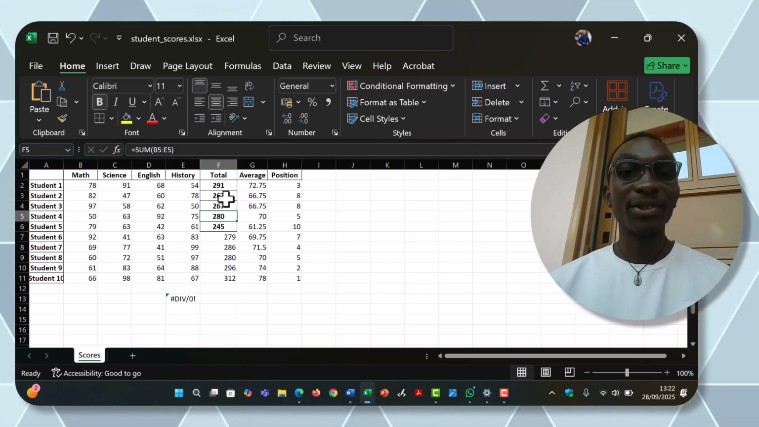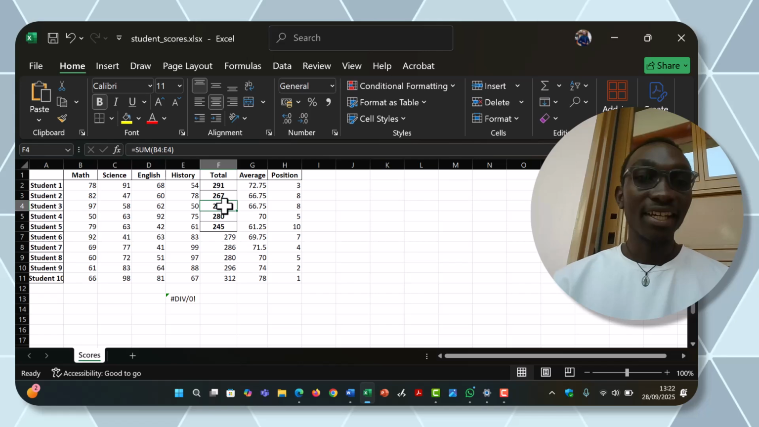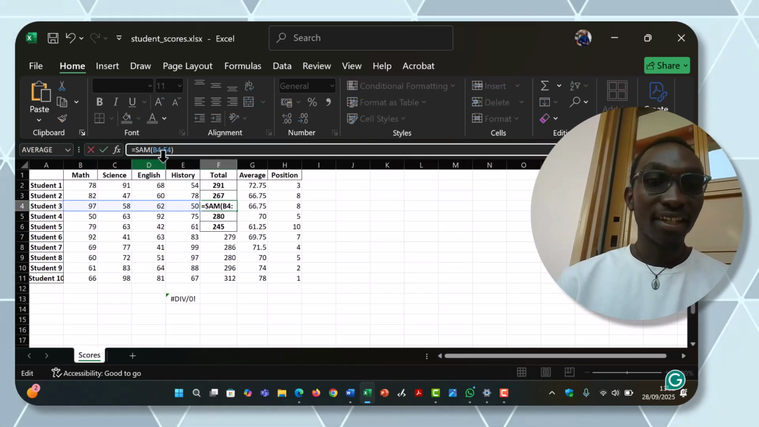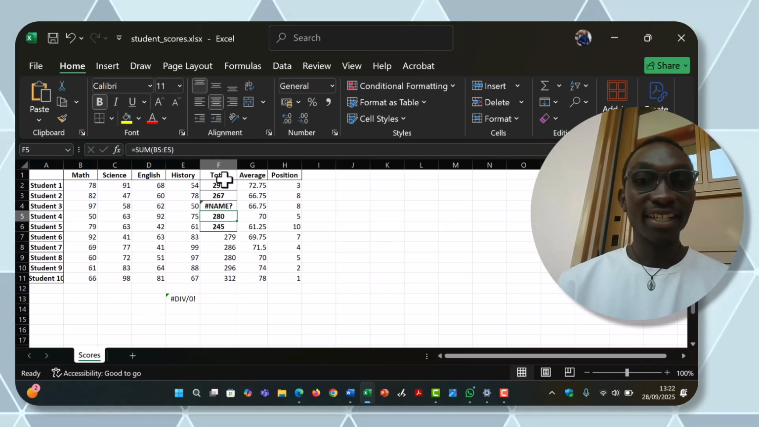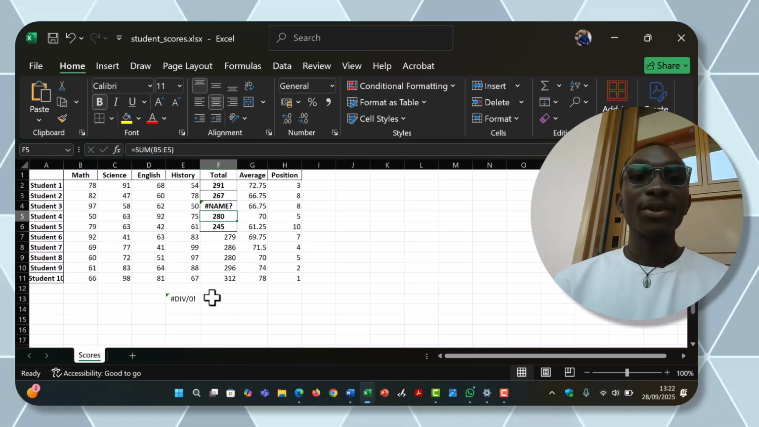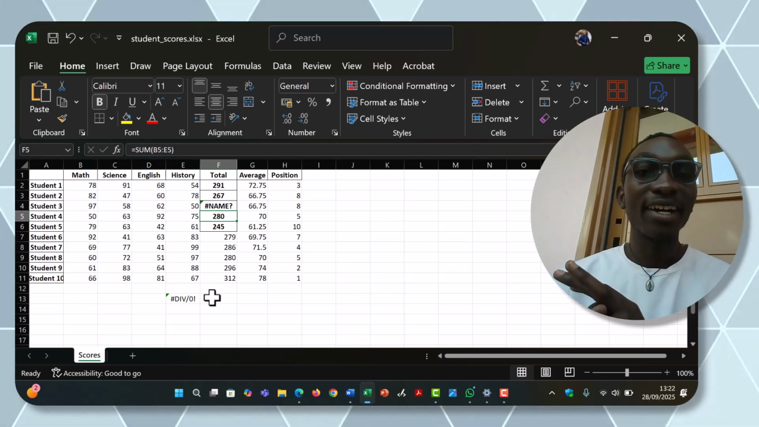Yeah, that's also an error there. So I will also leave this error here. So far we have looked at two. So the next error that we have is the hashtag